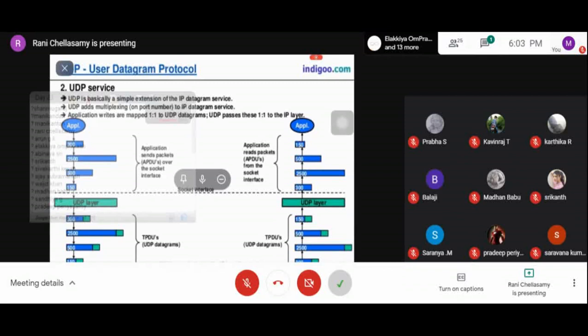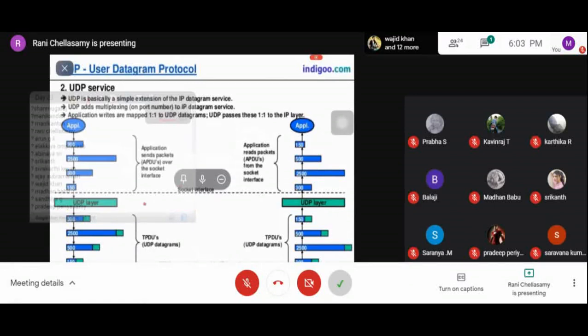Here the first higher layer is the application layer, and the next layer is the transport layer, where UDP is. These are the packets coming from the application layer: 300, 2500, 500 and 150 bytes. The application layer sends the packets over the socket interface, and through this they reach the UDP layer.